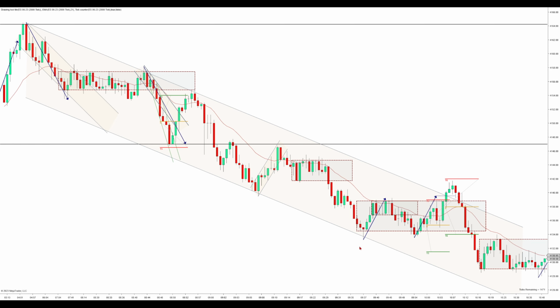We correct to the EMA. We get this first entry. Gets really choppy. We push back. Now we have a second leg. So now we have these two legs up leading to the key entry point, breaking out of this range high right here. And once we closed back into the channel here, I did like this entry, which I kind of